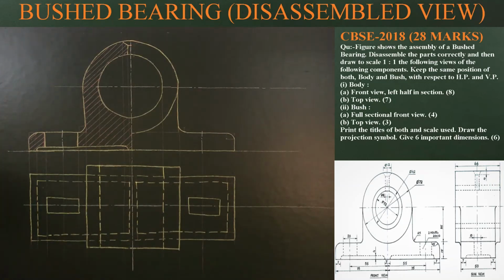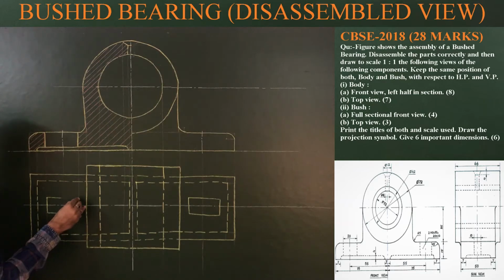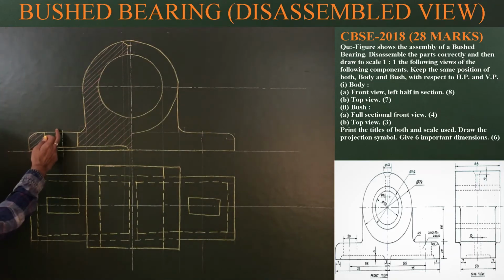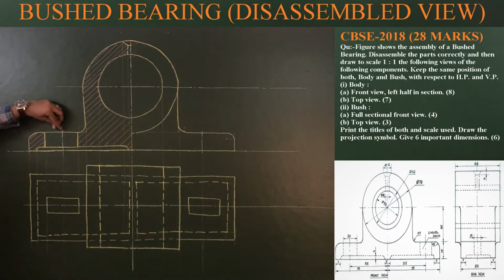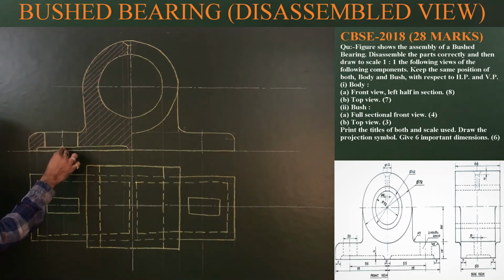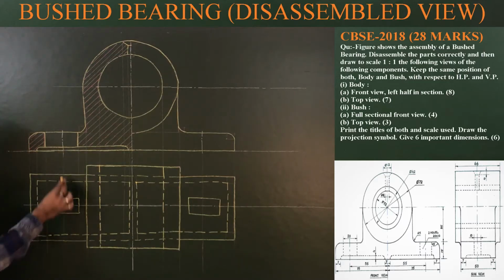Okay, now how to decide whether the bolt hole is a rectangle by shape, or a combination of rectangle and circle or elliptical. If you have 3 axes in the front view, then it's a combination of rectangular and elliptical or circular on ends. And if you have only 1 axis in the front view and top view, then it's a rectangular cavity, or the shape is exactly rectangle of size 20 by 10 in this problem.